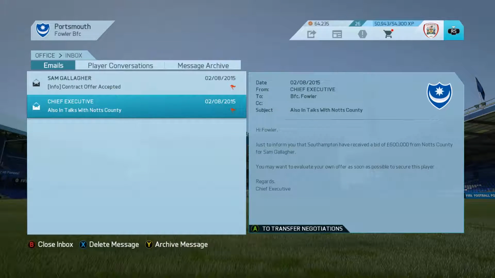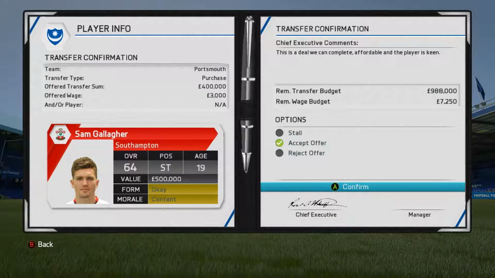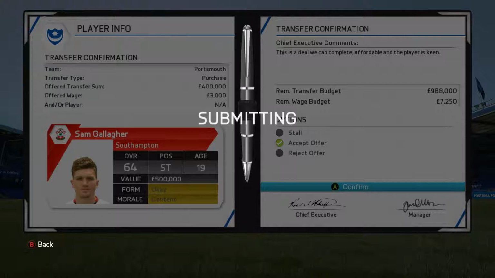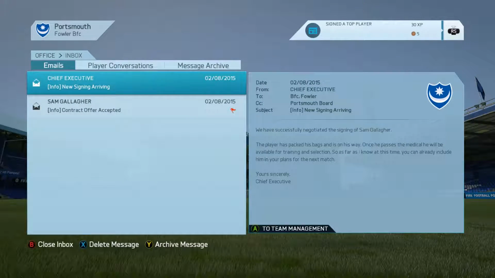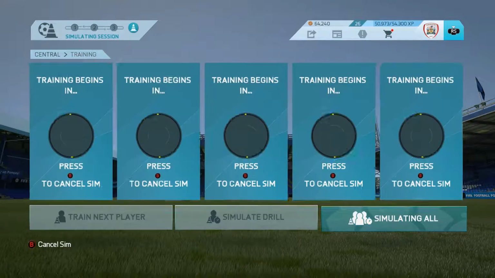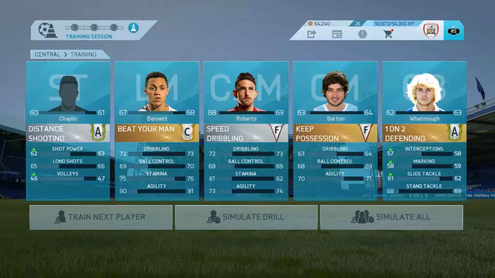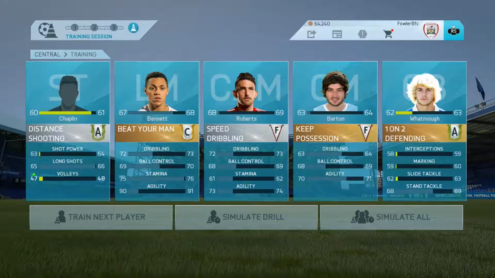But there, as you can see in this first email here, they said that they've got a bid of 600,000 from Notts County for the player that I offered, Sam Gallagher here. But I've got him for 400,000. He's accepted his offer, and that is going to be our first signing of this career mode, Sam Gallagher from Southampton. I'm going to put him straight into the team after I've just done this training exercise